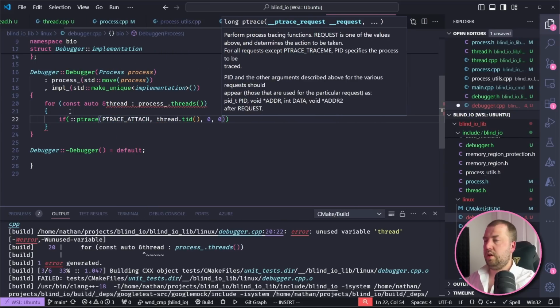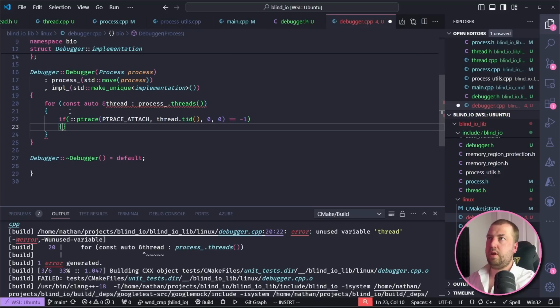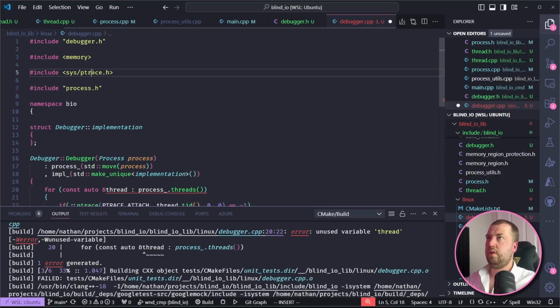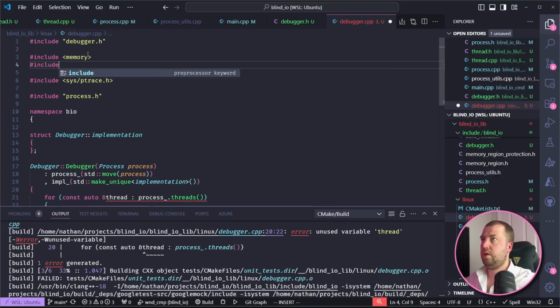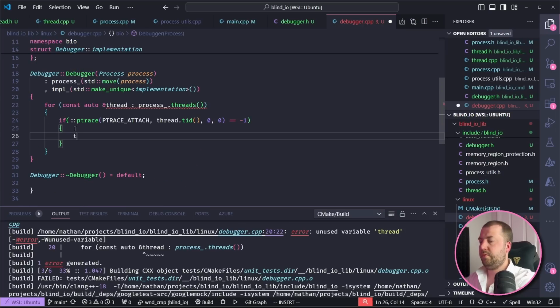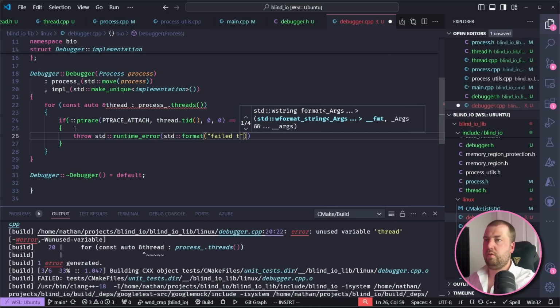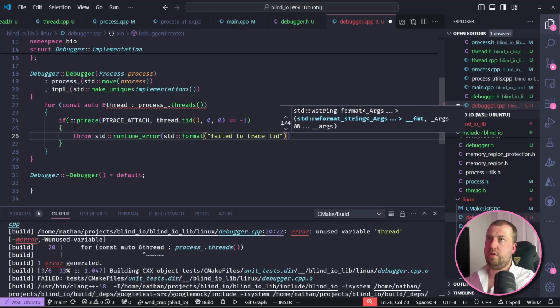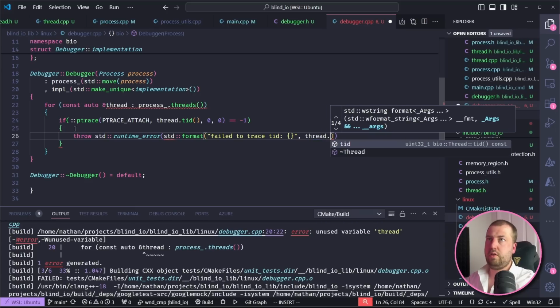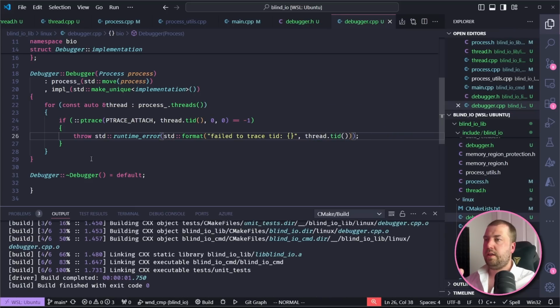If it returns -1 for thread.tid, then also bring in format, throw std::runtime_error, std::format "failed to trace tid" thread.tid. And then, right, so now it gets complex because now we need to use waitpid,